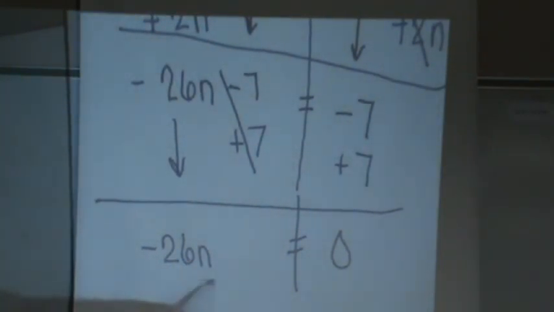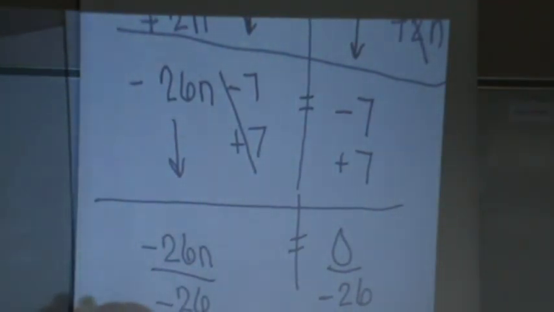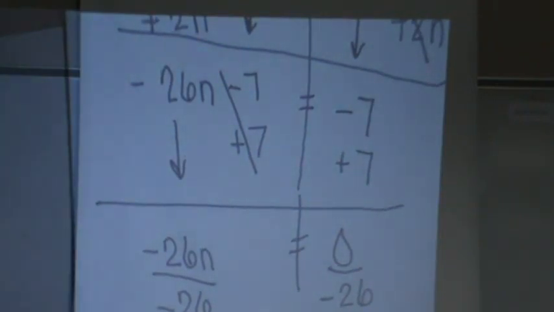Gotta get a variable by itself, and the variable's not by itself, so what do I have to do? Divide. And David already gave out the answer. He said n equals 0. Okay,